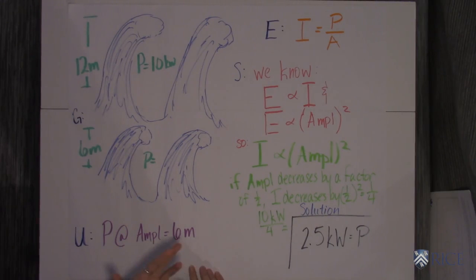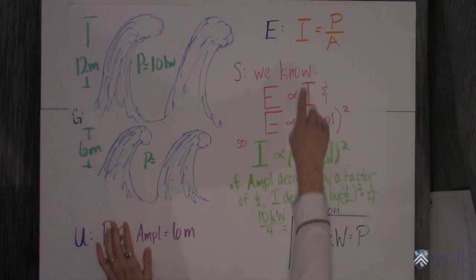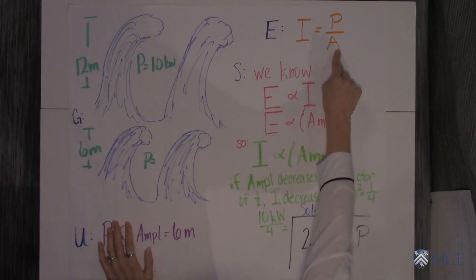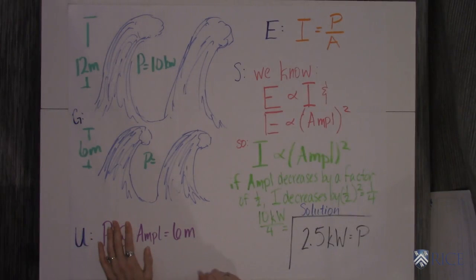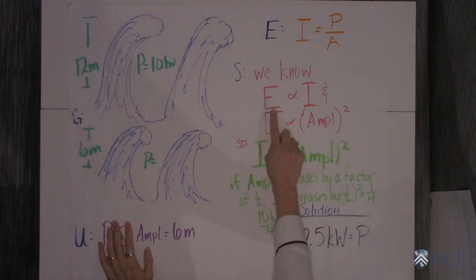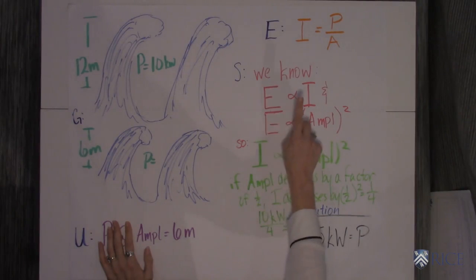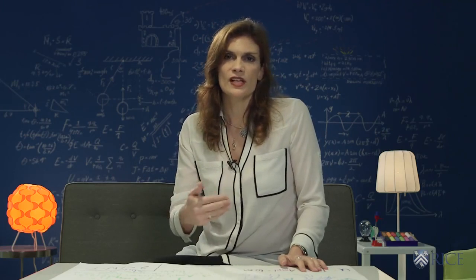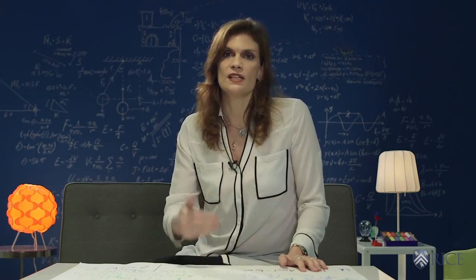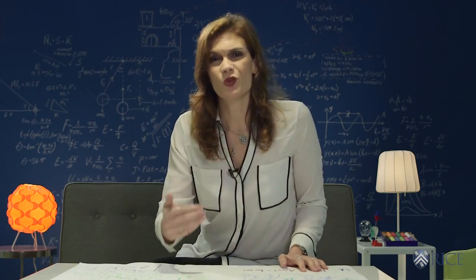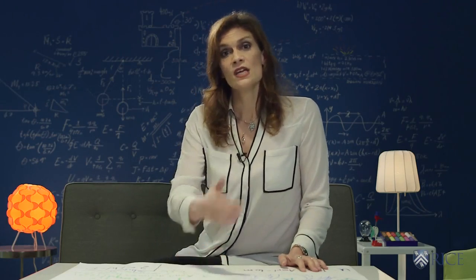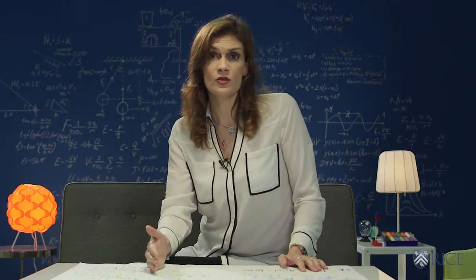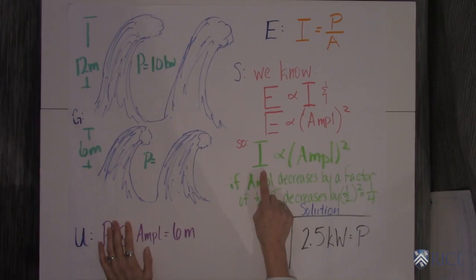So we've got a couple of equations. We know that intensity is power over area. That's our equation that has power in it. And we know that the problem gives us that the energy is directly proportional to the intensity. The thing to remember about energy and waves is that energy is proportional to the amplitude squared of the wave. Okay? So if we know energy is proportional to the amplitude squared, then the intensity is also proportional to the